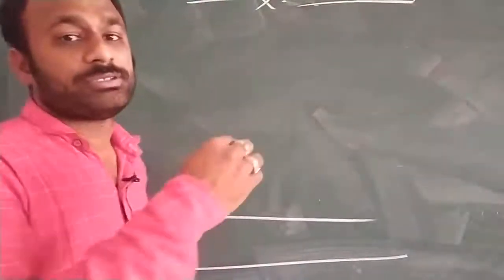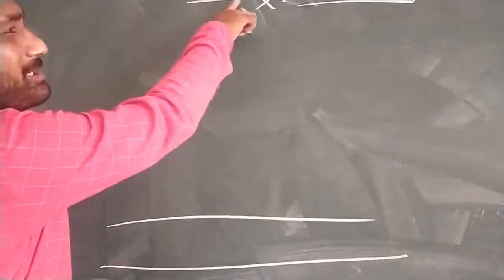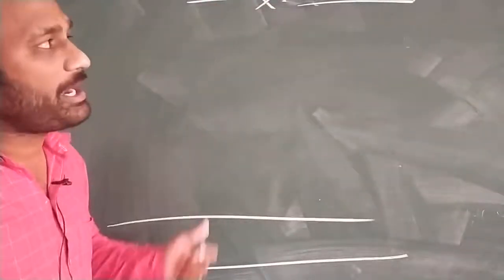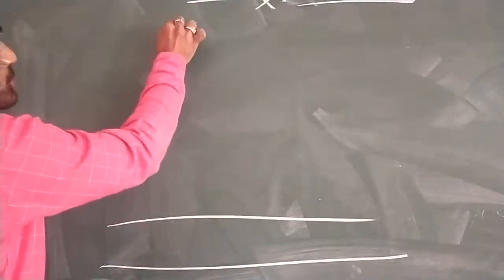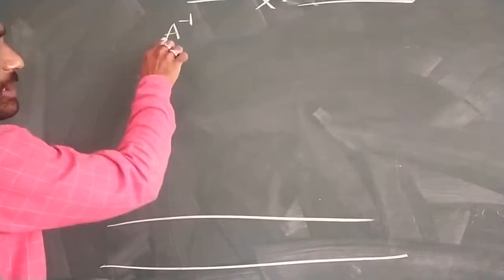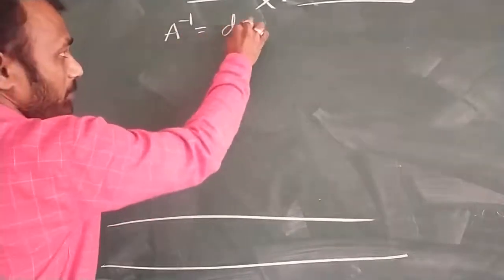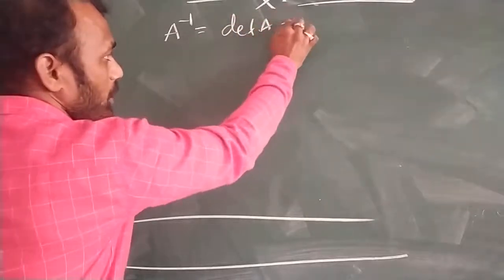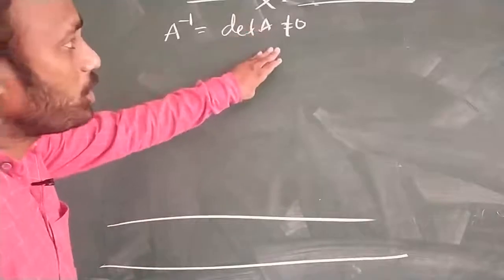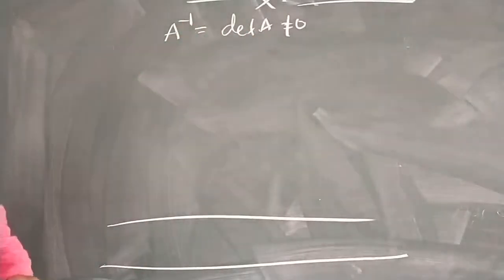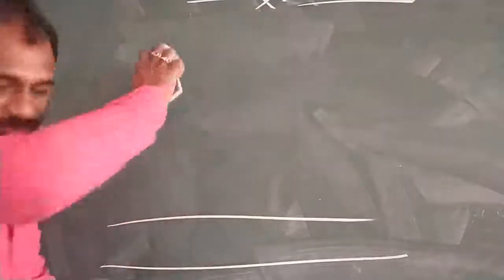Very good morning, students. Today we will learn the continuation of yesterday's topic. The chapter name is matrices and applications of matrices and determinants. Yesterday we thought about the inverse of a matrix. When is the inverse going to exist? Inverse is going to exist when the determinant of A is not equal to 0. It means if it is a non-singular matrix, then the inverse is going to exist. Okay, so let us solve one question based on this inverse.